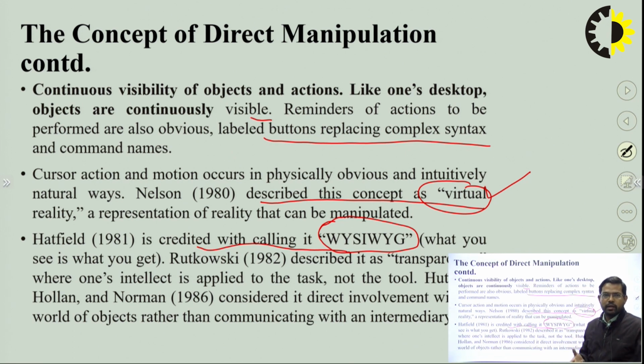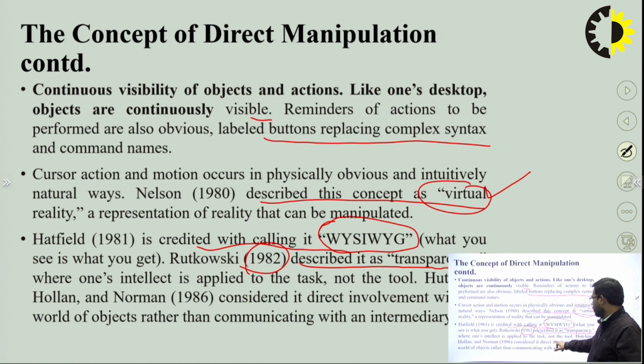In the desktop icons, if you see an icon, we can open that particular folder, any application, any tool. And Rutkowski in 1982 described it as transparency, where one's intellect is applied to the task,